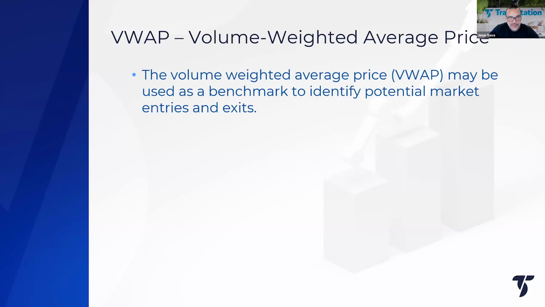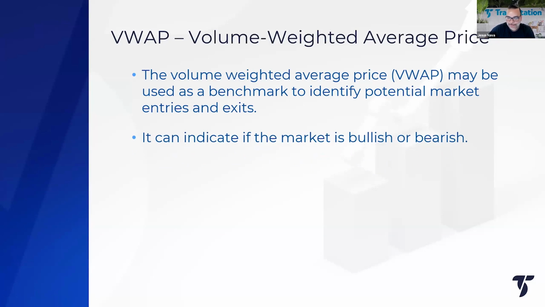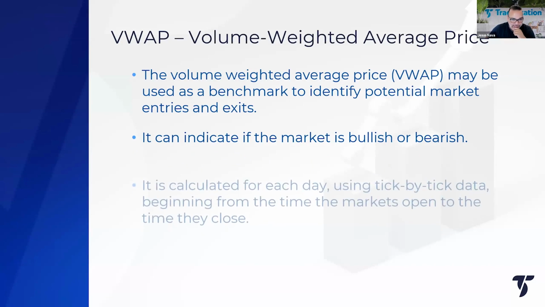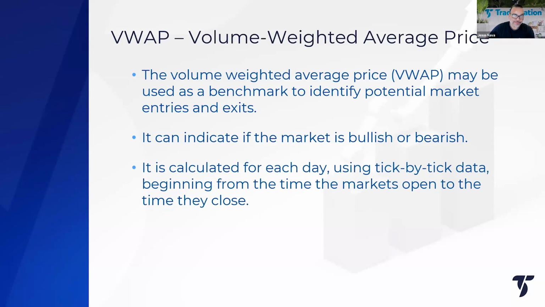So let's go ahead and take a look at a little more detail on how this VWAP is calculated. We already said that it can indicate if the market is bullish or bearish, depending on where it's headed. In real time, there are two calculations of VWAP, and sometimes it's confusing when you're looking at TradeStation and comparing the two, and the two are slightly different. The reason for that, and I'll explain all the details and the reason why there may be discrepancies in the values, but the real-time calculation is the official VWAP calculation, and it's calculated each day and reset at the beginning